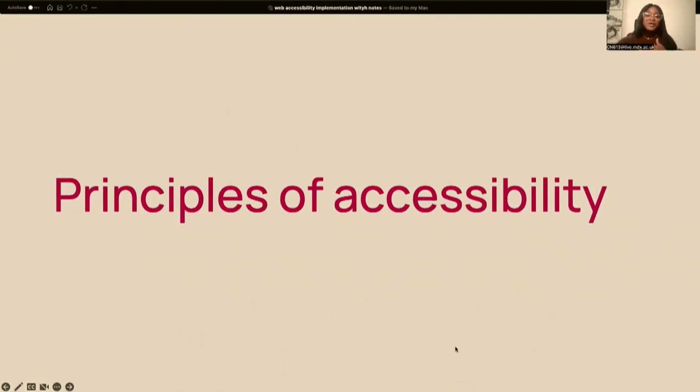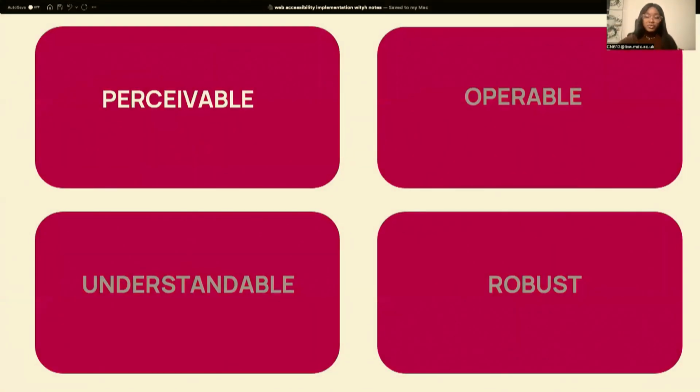Okay, so next I'm going to talk about the principles of accessibility. What are the principles of accessibility, the guidelines? How do you make sure that your website is accessible? How do you go about implementing this? The first is perceivable. When you say your website should be perceivable,